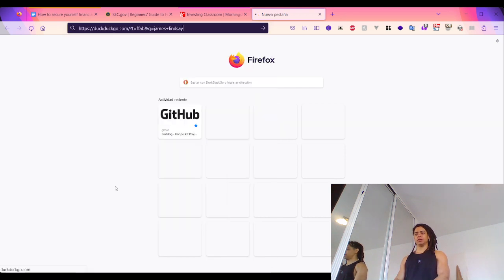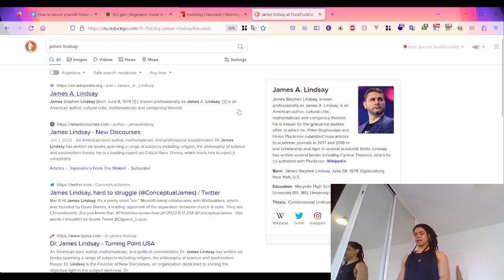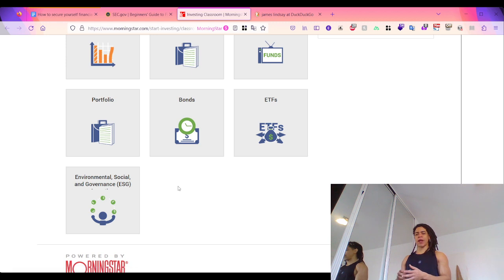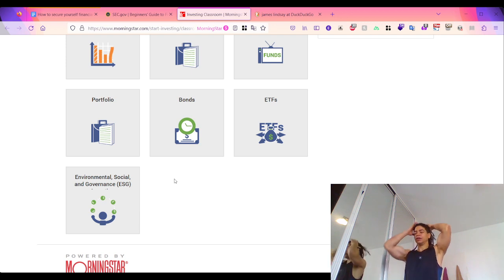James Lindsay, who is a mathematician, conspiracy theorist, cultural critic, and North American author. According to him, this ESG is a way for a narrative, in this case like the LGBT or whatever hot narrative is at the moment, to impose that agenda on companies. And if those companies don't follow it, you're going to receive some penalties, so you're not going to receive funds, or you'll not be able to access credit and things